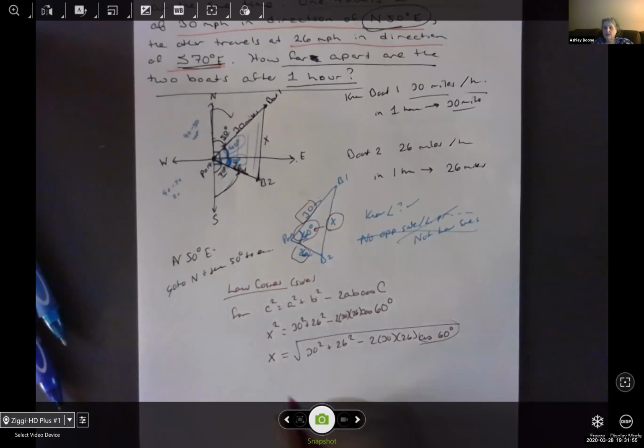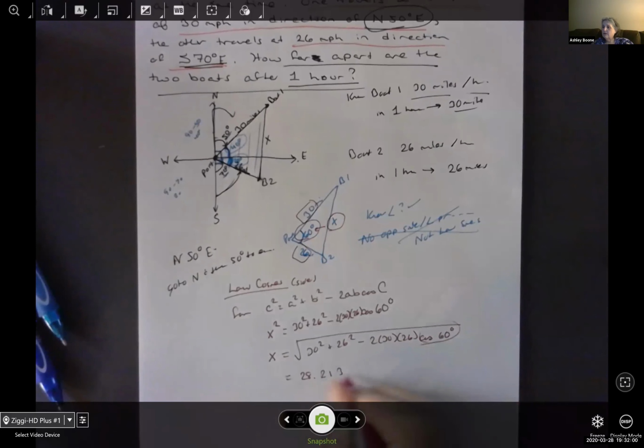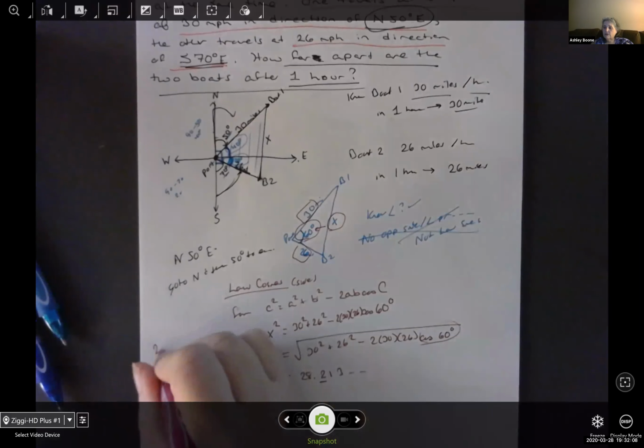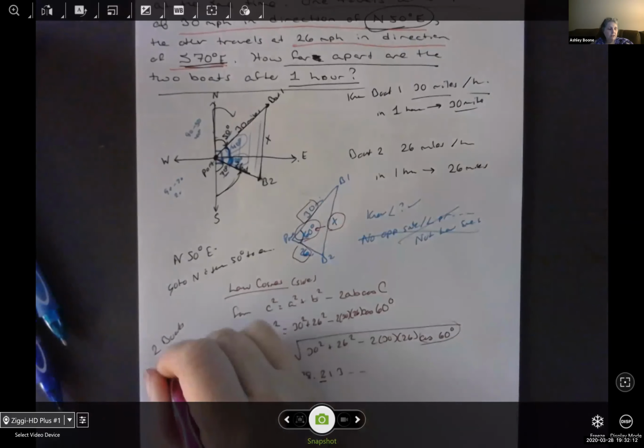And this gives me 28.213. The problem did not say how far to round. I'll go ahead and take it one decimal further than the original. So the two boats are approximately 28.2 miles